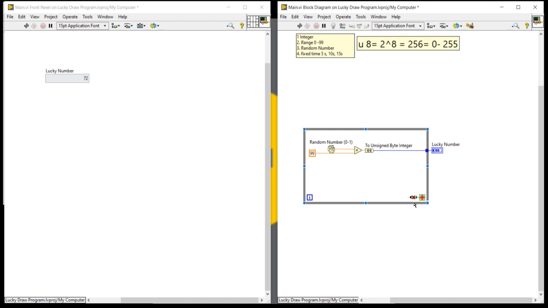So here I am going to delete the stop button, and please design the program. When you are done, inform me, then we'll go to the next step and we'll learn how we can control our loop. If you want to stop your program after 10 seconds, 15 seconds, 2 seconds, 3 seconds, how can you stop.